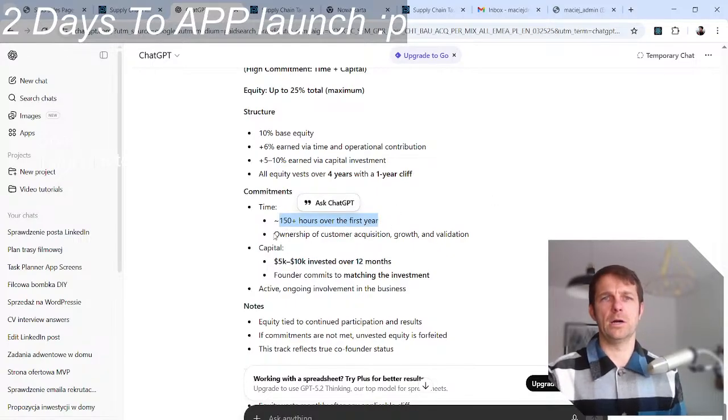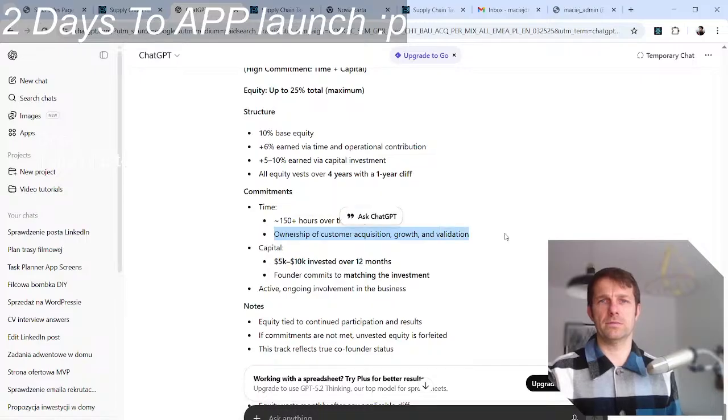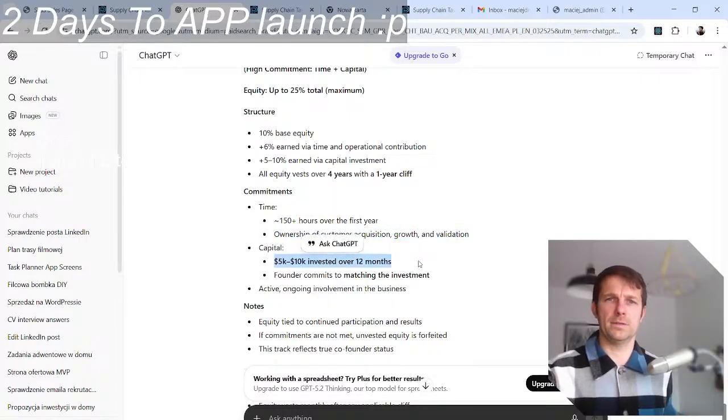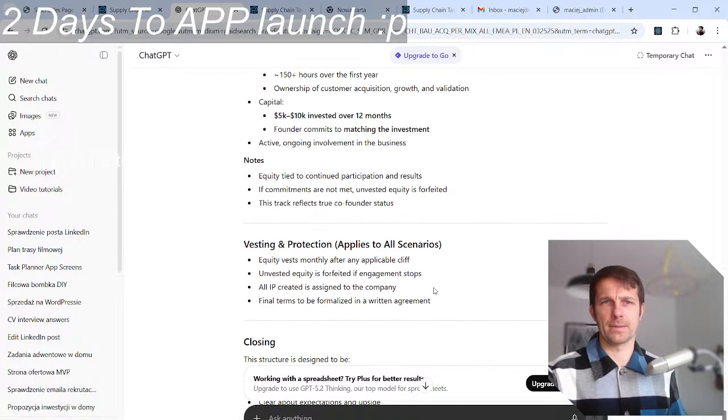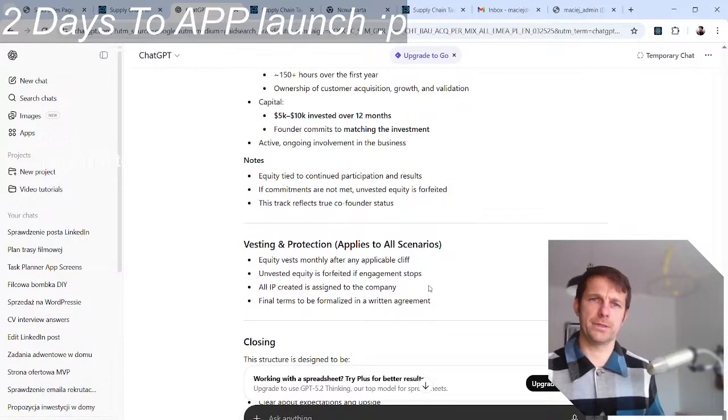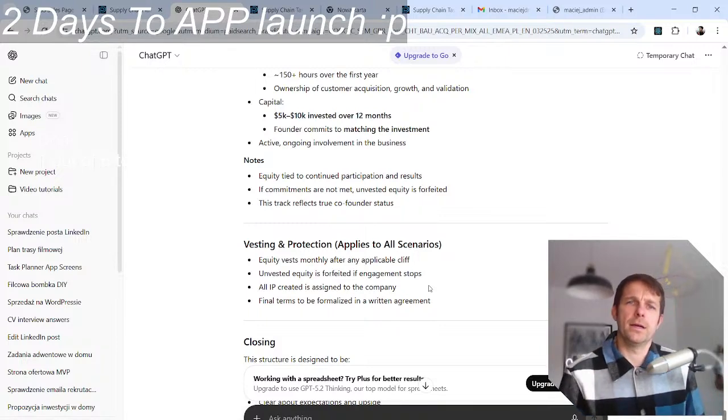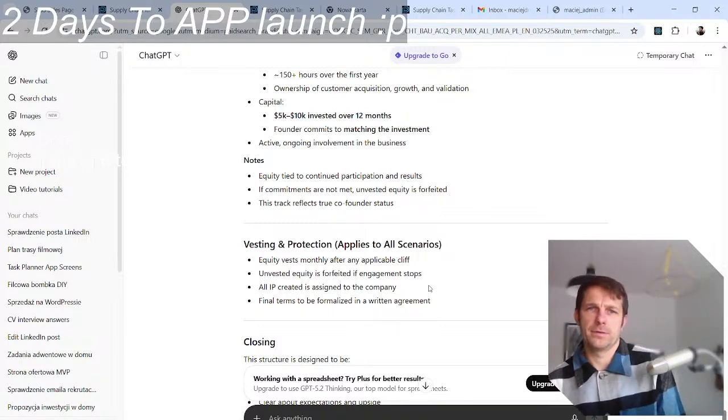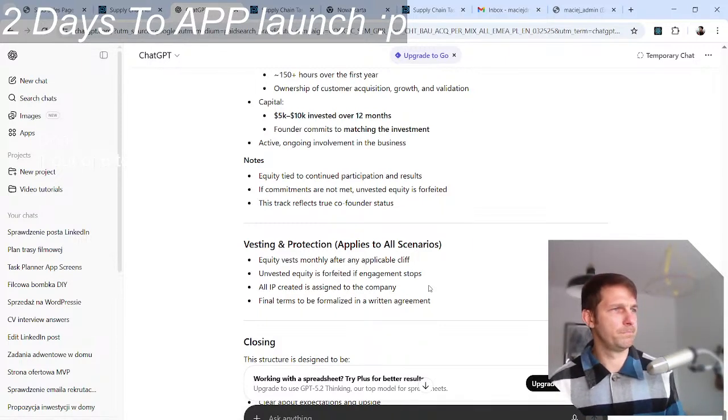Okay. Ownership of customer acquisition, growth and validation. Capital 5 to 10% investment over 12 months. Founder matching the investment. Protection applies to all scenarios. Equity vests monthly after any applicable cliff.